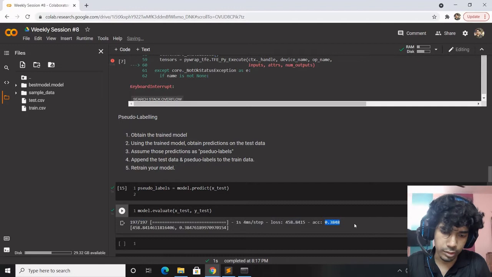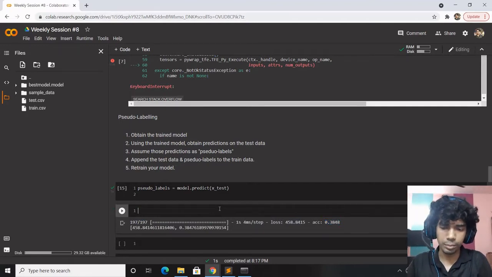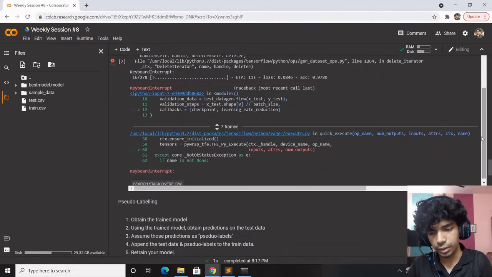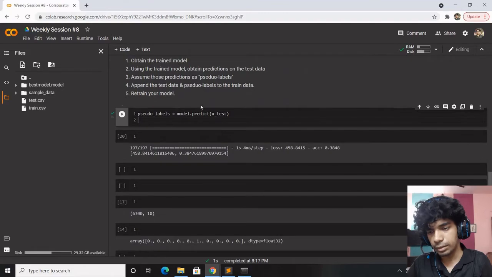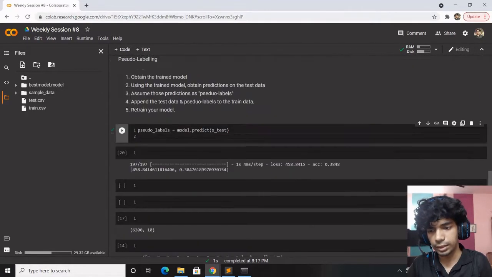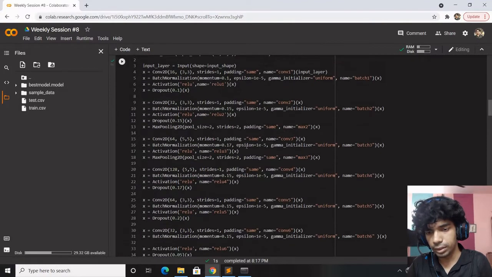Okay, so clearly our model is overfitting. Yeah, that's why there's a huge difference. So let it be, we are not concerned with the model training. You can do the model training part on your own. What I am concerned with, obviously the model is overfitting. You can check the metrics over here. There's no need for such a complex neural network.